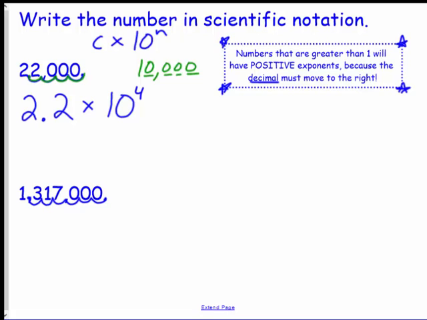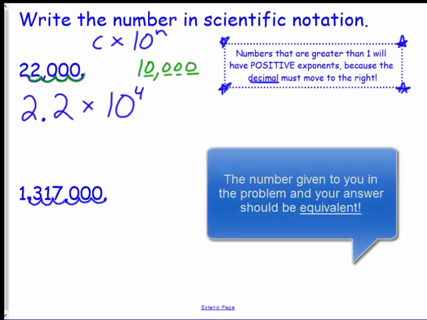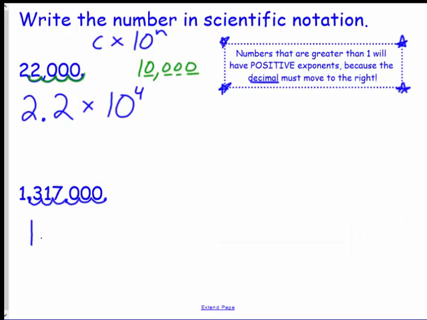1 and 10. And when I look at this C value, I have 1.317 and then 3 zeros. I know I don't need those zeros at the end, but I can't get rid of 317. So this C number is actually going to be 1.317, or 1 and 317 thousandths. That's the C number. Again, I'm going to take it times 10 to some power that will get me back